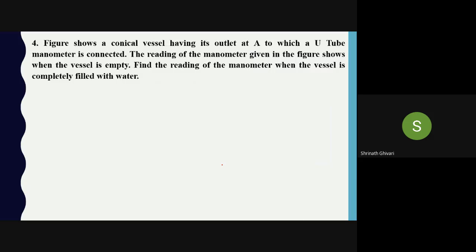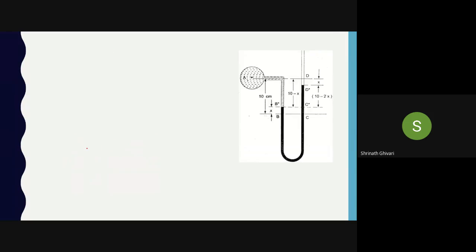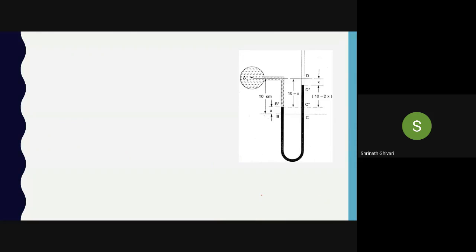Okay. The next problem is a bit same as the previous problem, but there are some differences. There is a figure which we have to show you. Here he is saying that a figure is shown. Therefore, a figure is already there in the problem. But in previous problems, they have not mentioned that based on this figure, so you should read the question, understand the problem and draw this manometer. That's why I'm concentrating on this part.